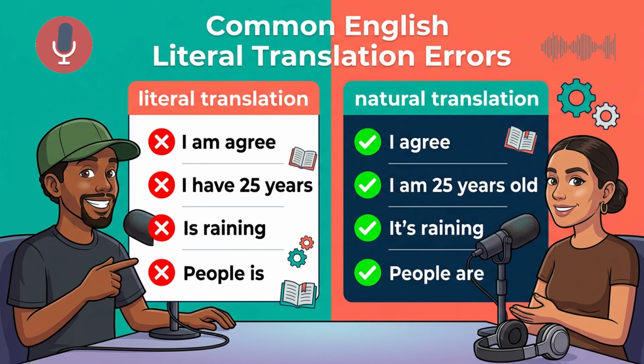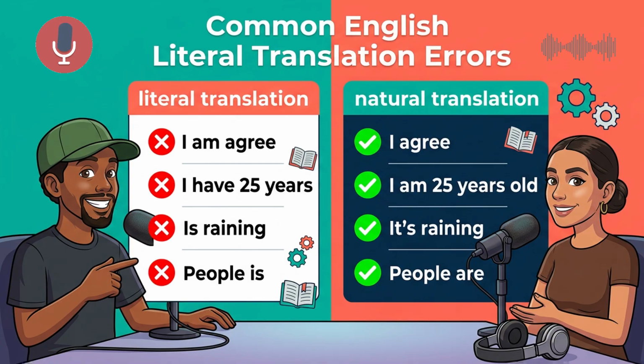So if a student falls into the dictionary trap and translates word for word, they look at "tengo 25 años" and they say in English, "I have 25 years." Which immediately tells a native English speaker that you are translating from another language. "I have 25 years" is incorrect. Very incorrect. But why? Why does the English language reject this idea of having years? It comes down to how the different cultures view the concept of time in human life.